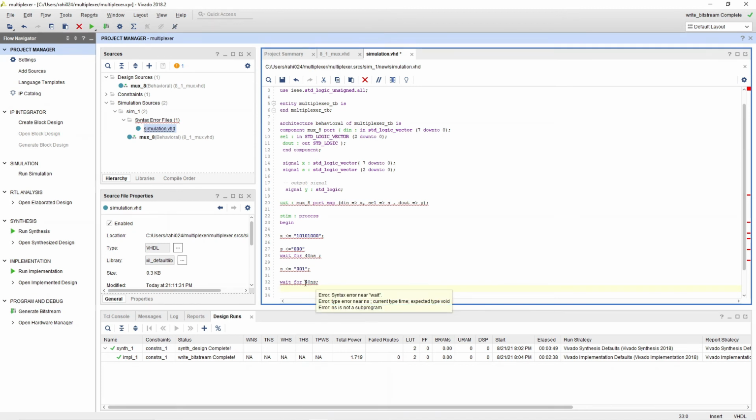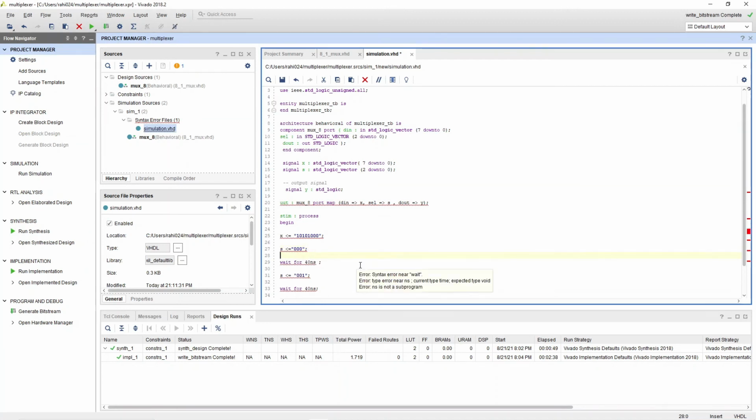Wait for 40 nanoseconds. Why is it giving an error? Oh yeah, here I have committed a mistake. I have to add the semicolon also, right? Okay, so this error is rectified. I'm getting a lot of errors, guys. Wait for 40 nanoseconds.